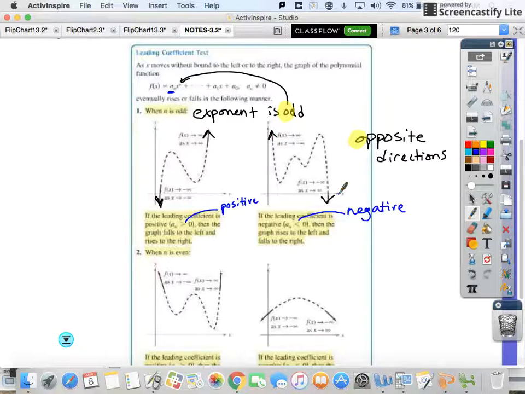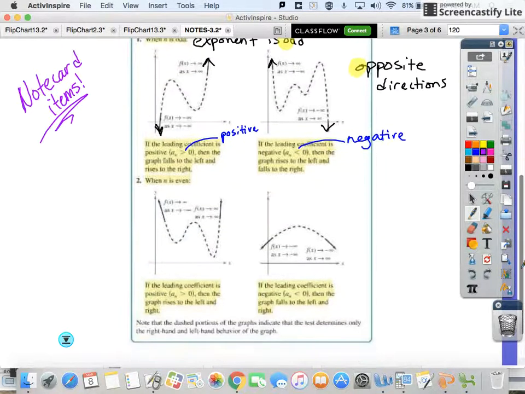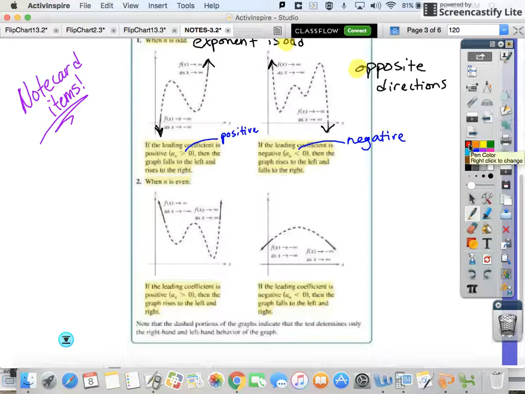These are some things you might want to write on your note card. The things that I jot off to the side here, these are probably note card items. There's lots of little things in this section that you're going to want to have on a note card, so you're going to want to make sure you do your web work and your assignments. So the next thing says that if n is even,